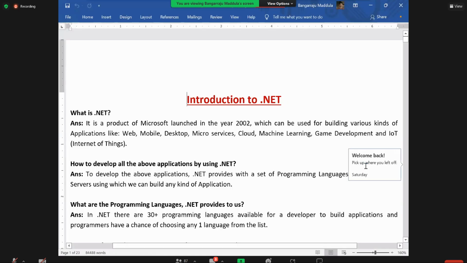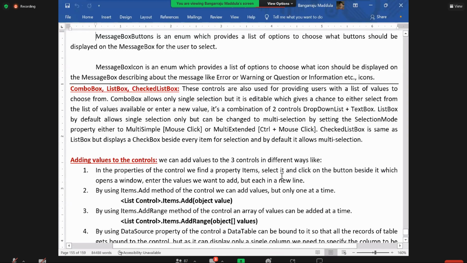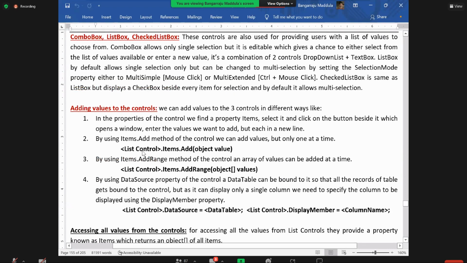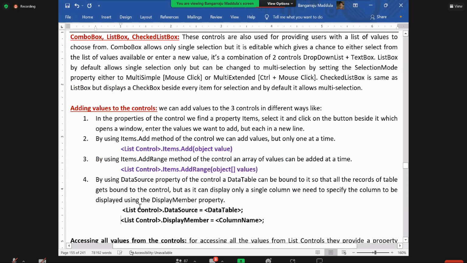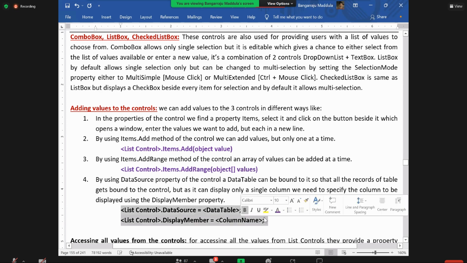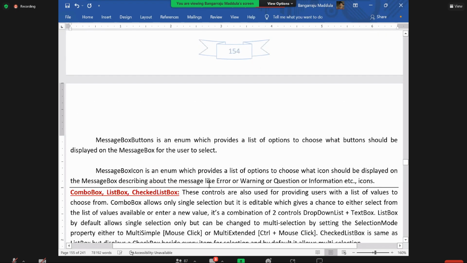If you want to add values into the controls, there are different ways how the values get added. Actually, we have 4 different options for adding values into the controls. Let me tell you the 4 options that are available. First one, manually adding the values. What is manually adding the values? You can directly go to